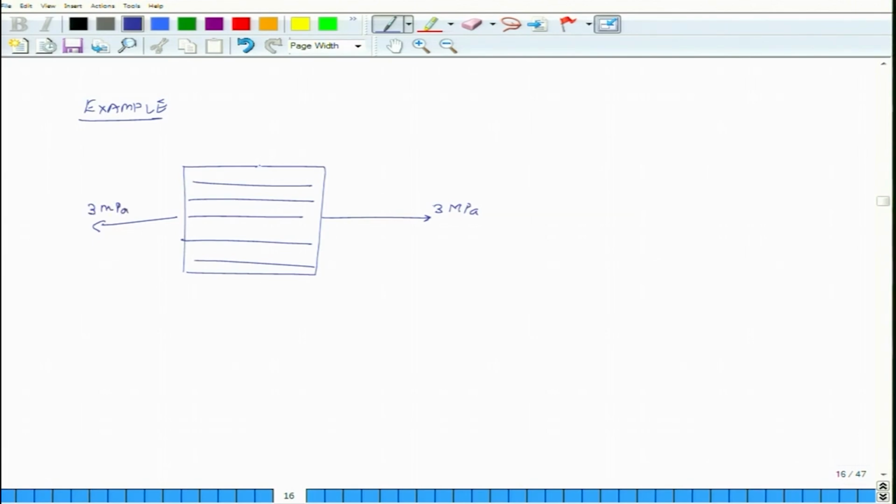It also has transverse load such that the transverse stress sigma T is equal to 0.5 MPa, and then there is a shear stress and the shear stress equals 3.5 MPa. So, this is the stress state of the lamina,